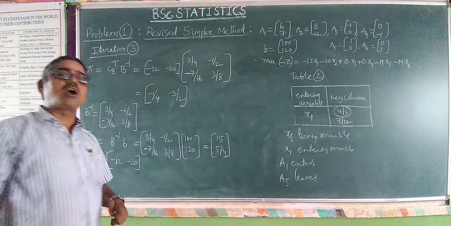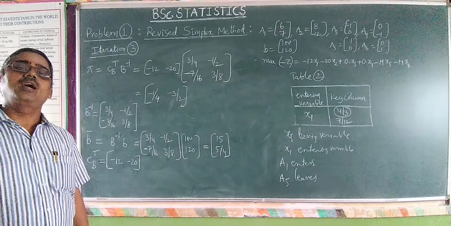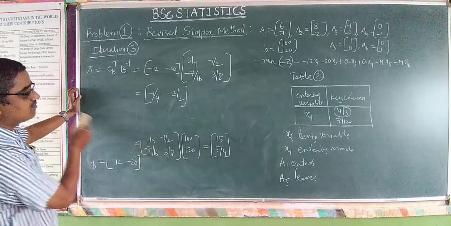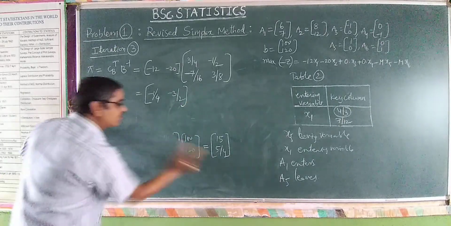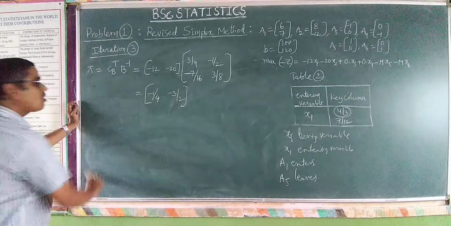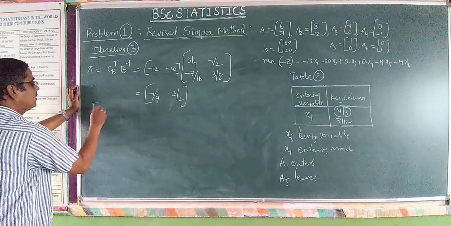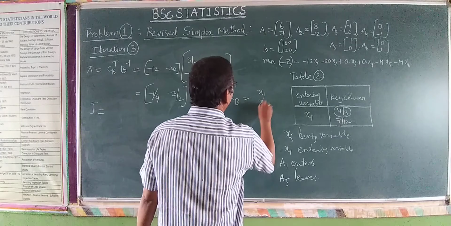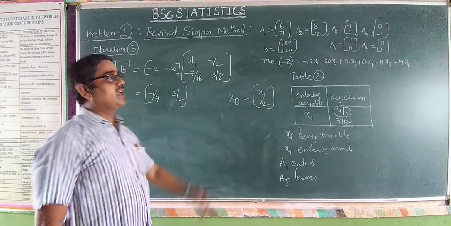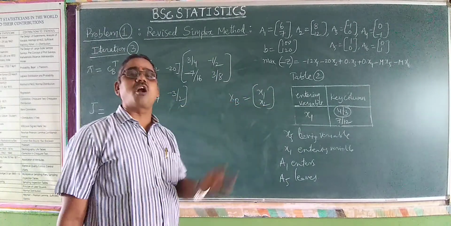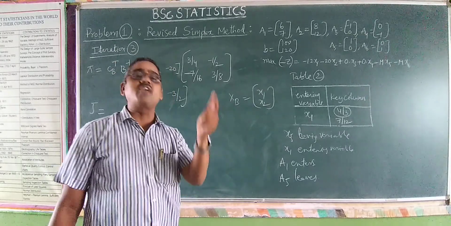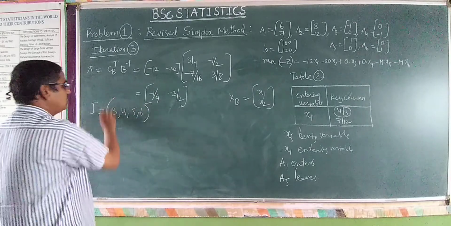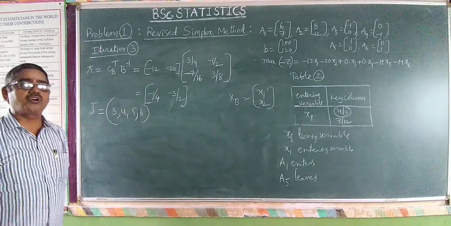After calculating pi, what do we have to do? Index. So J is the index. You have to keep the B inverse, you have to write it there. We will write from the textbook. And now we have to go for the index. What is the index? You have to refer to XB. What is XB here? X1, X2. Because the basis variables are X1, X2, you have to calculate the index for 3, 4, 5, 6, the remaining variables which are not in the basis. So therefore you have to calculate.